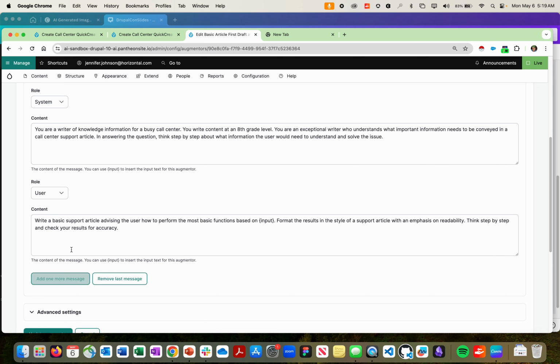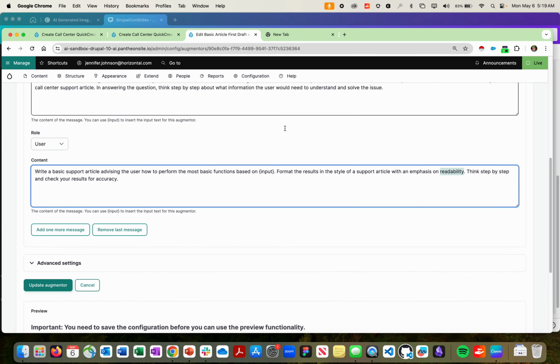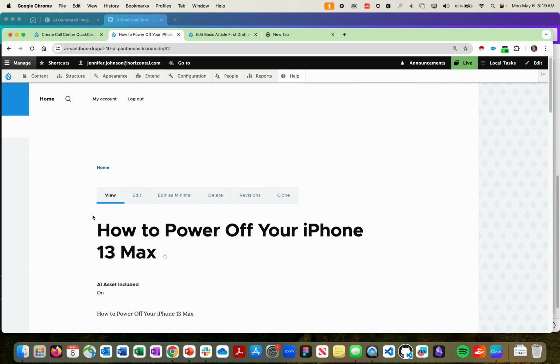Then we have a user prompt given that says, write a basic support article advising the user how to perform the most basic functions based on input. And this is the payload of the title field, because that is what I've asked for. Format the results in the style of a support article with an emphasis on readability. Think step by step and check your results for accuracy. So when I did that, back at this content, if I were to go back into the content view and look again here,